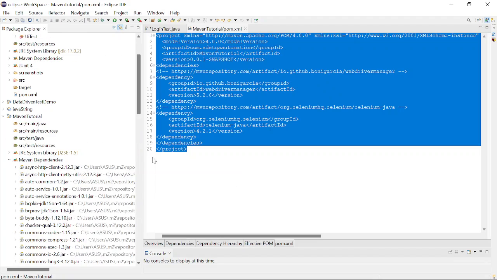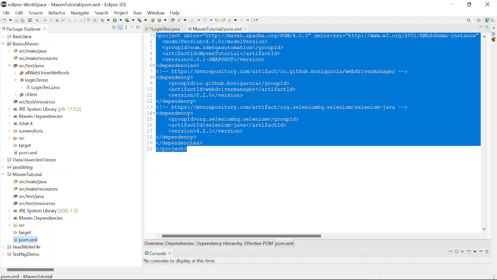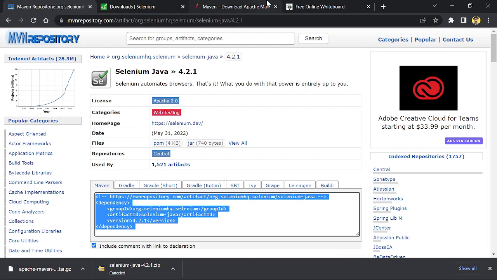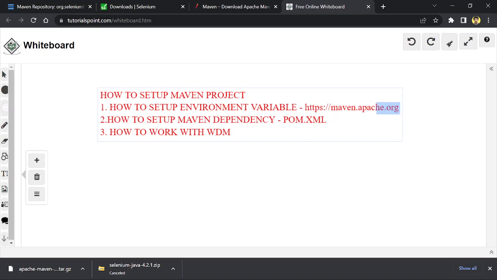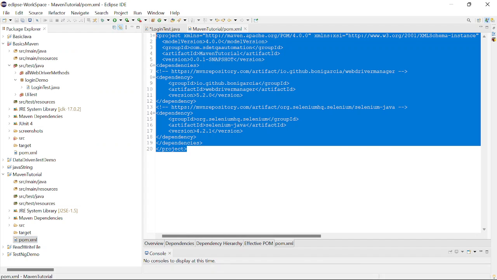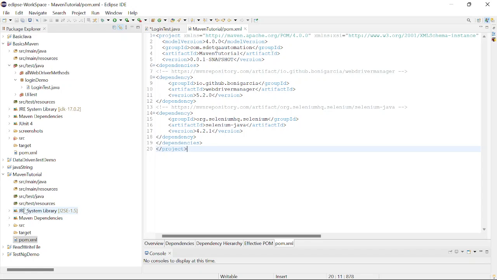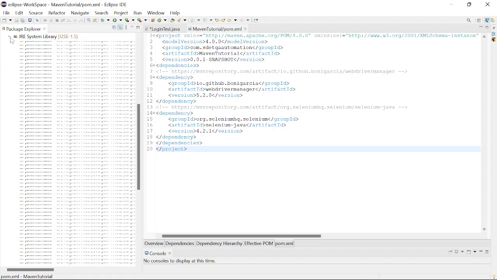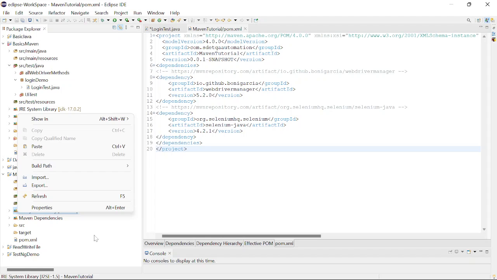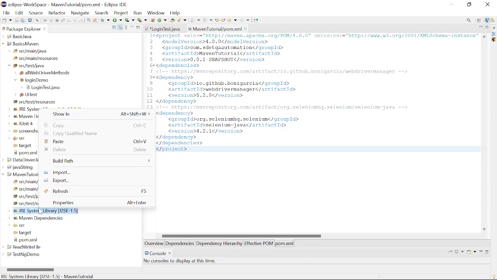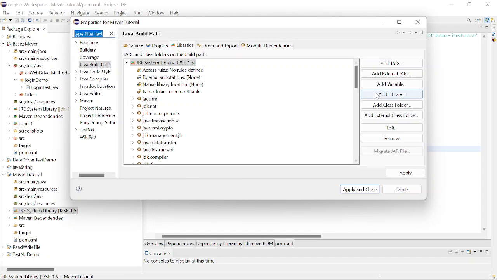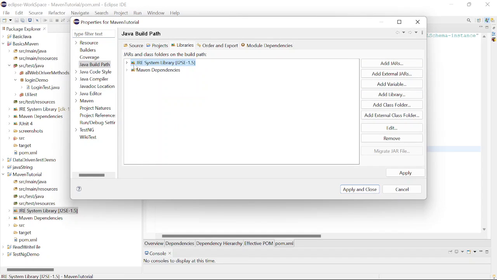Now we have done most of the part. Here we were promised to work with environment variables and dependency management, how to set up Maven dependency. Now we have to work with WTM. So before working with WTM, my suggestion is to look at the JRE System Library. What we have to do is right click or context click on JRE System Library, configure the build path, go to the system library and edit,